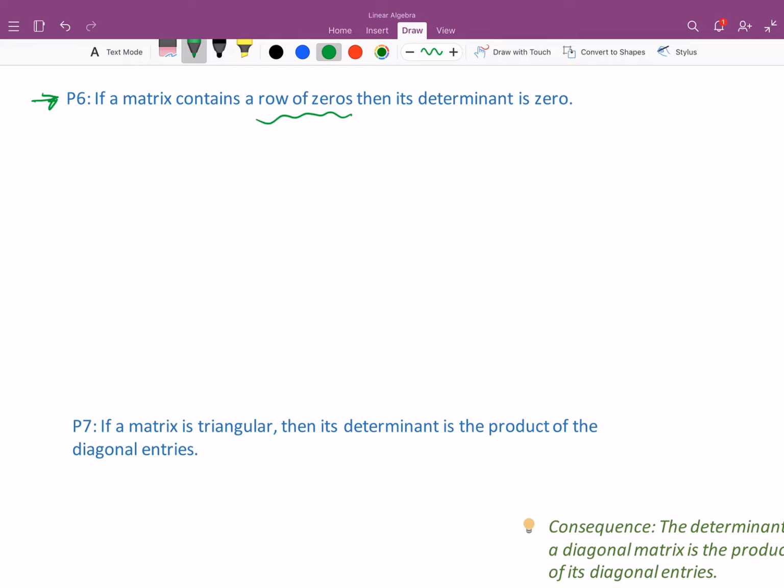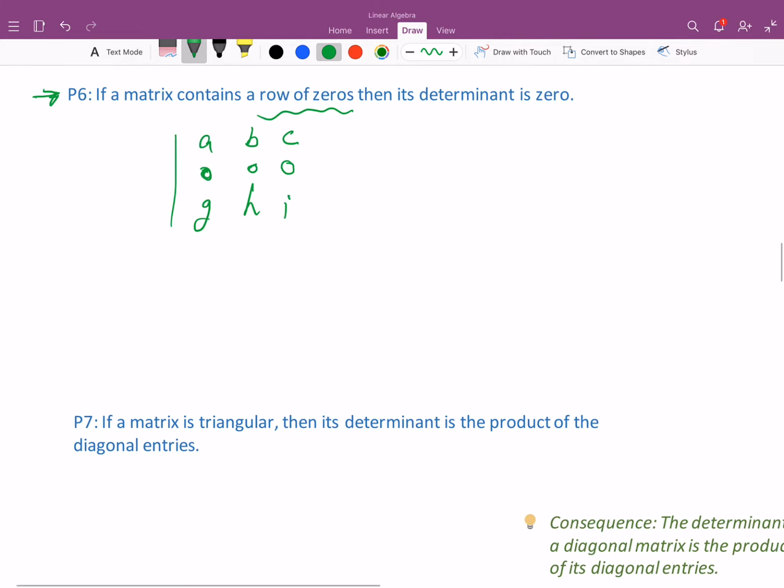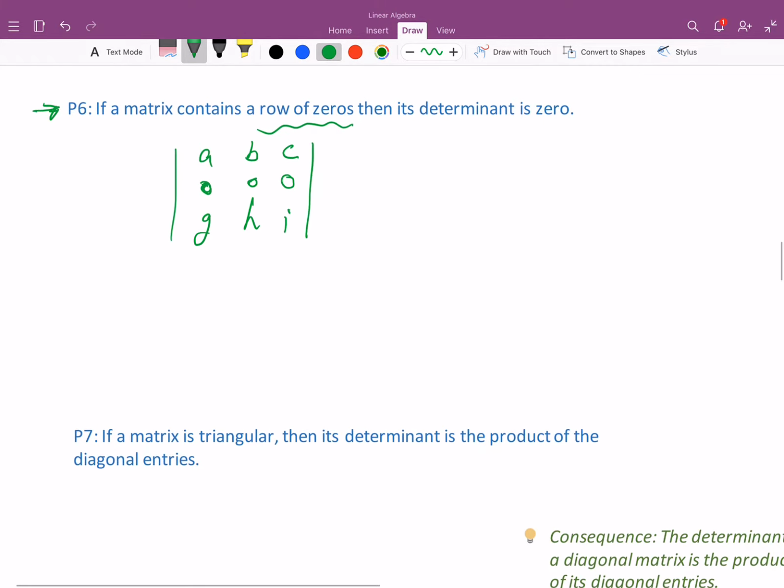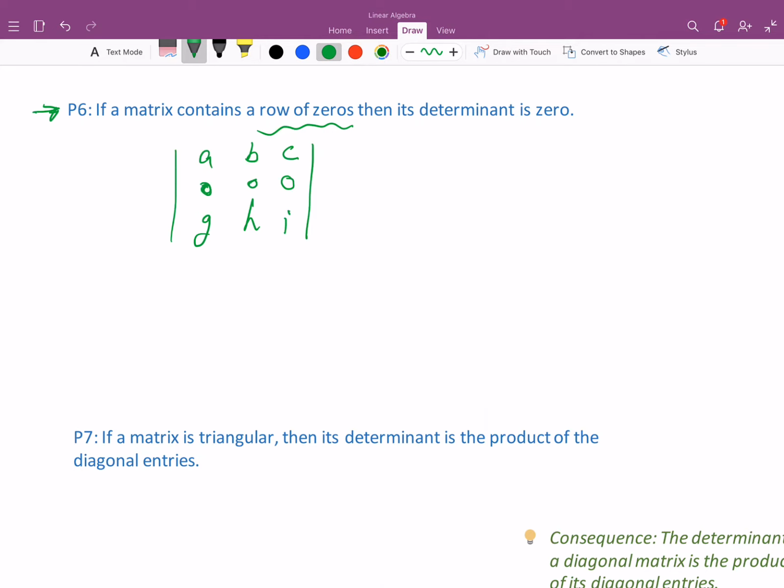Well, let's set up a 3 by 3 here, and let's put a 0 row in the second row. And let's put G, H, I here. Now, what I'm going to do is that row operation, adding a multiple of one row to another, because that doesn't change the value of the determinant. The second row is going to change to the second row plus 1 times the first row. And if we do that,